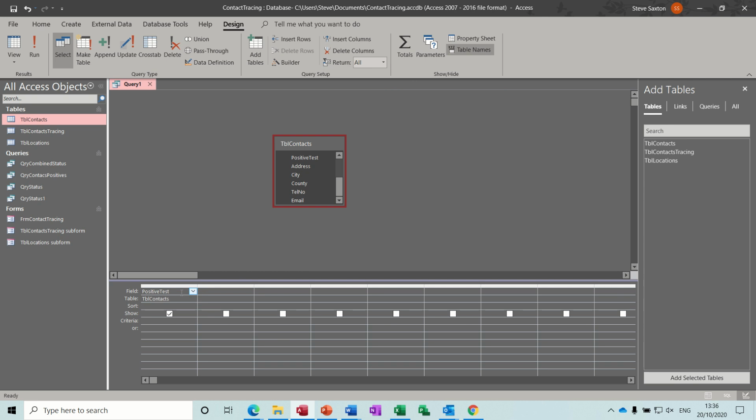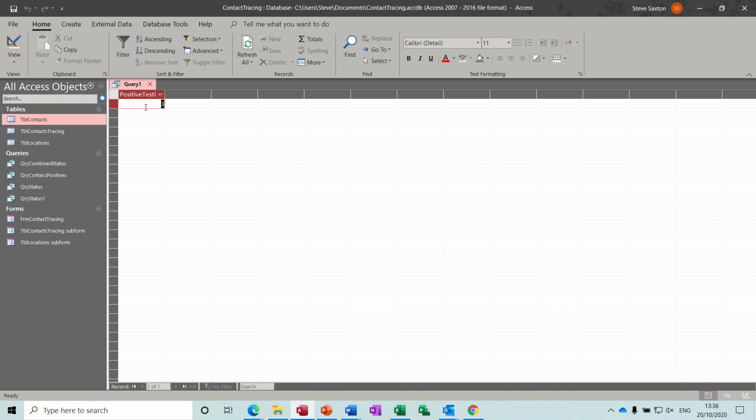So positive testing I'll put for this one, colon, and then we need to do ABS, open bracket, sum, open bracket, and then it's square brackets, positive test, and then close 2 normal brackets. Don't know why I thought I could do it different, but it gives me the 3. So I'm then going to save this as combined 1, QRY combined 1,